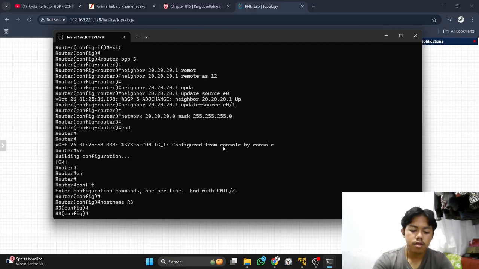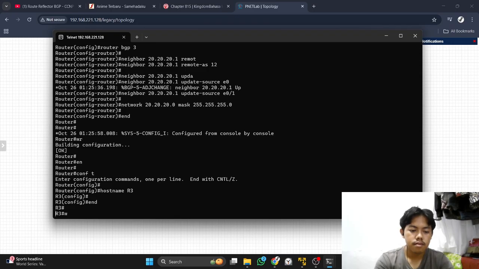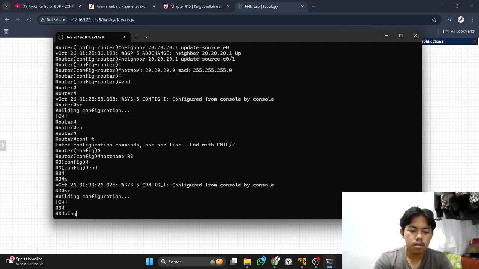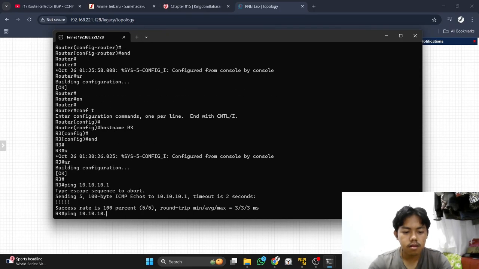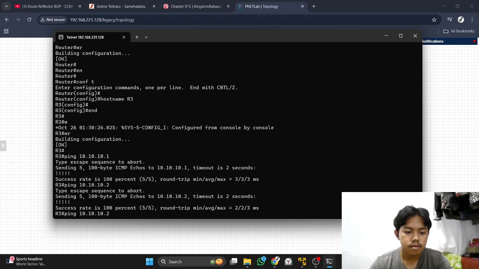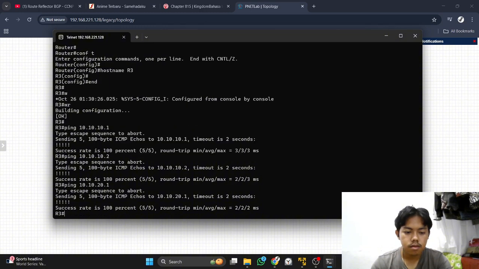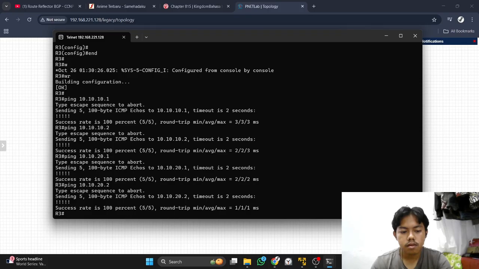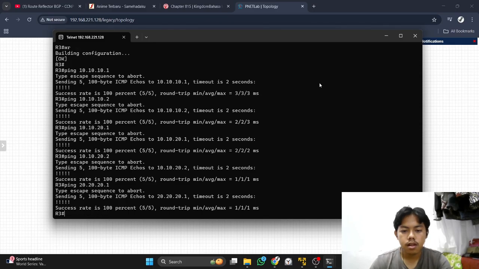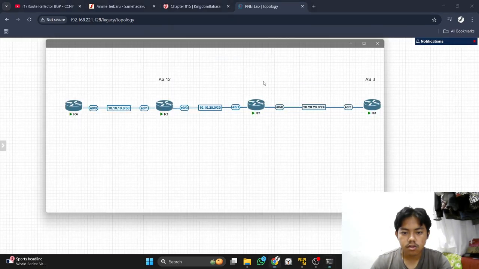And now we go to router 3. Ping. Okay. And last, alhamdulillah, is router 2.